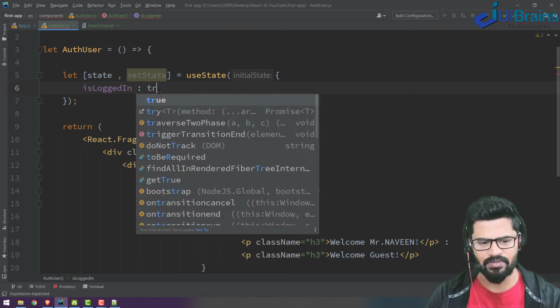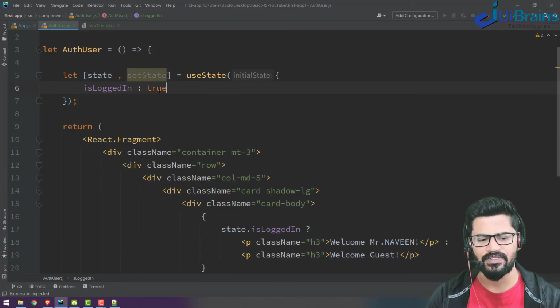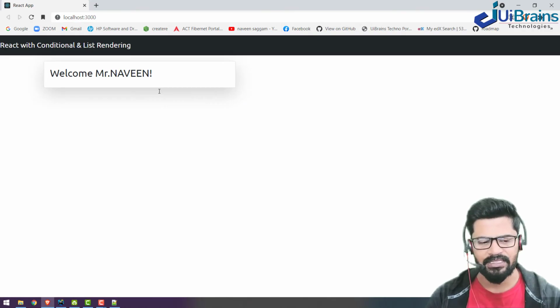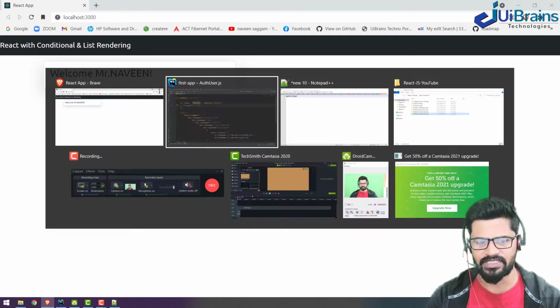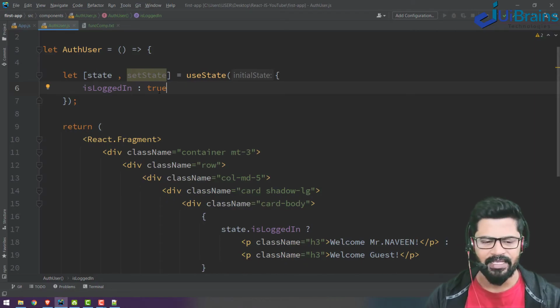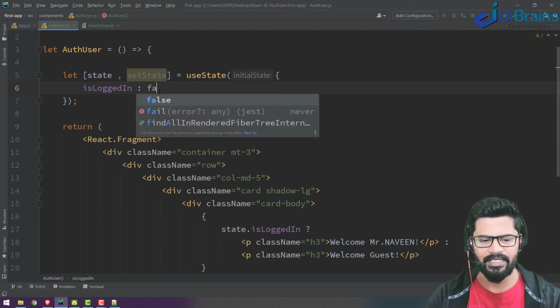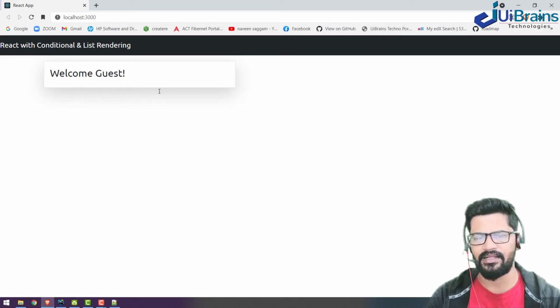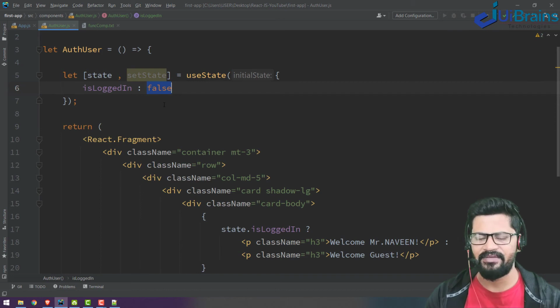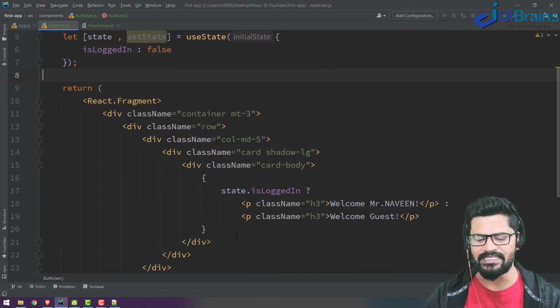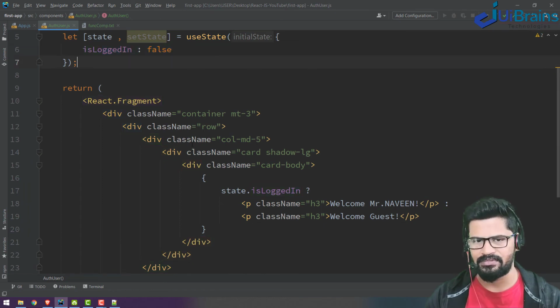If it is true, then like this. So if you have login true, then automatically your name will come. This data, name and all, will come from a backend server and database, but this is just a mimic of login functionality. Okay, fine. And one more thing, I don't want to change isLoggedIn manually. I'll just have two buttons. When I click on the button, then I have to change the value, right? We know how to change the state there, right?